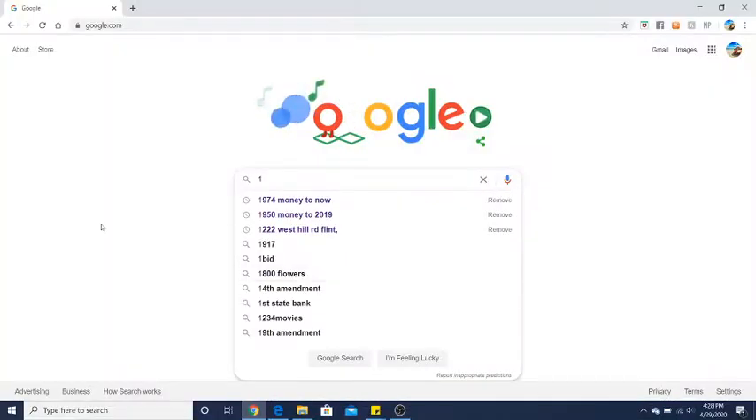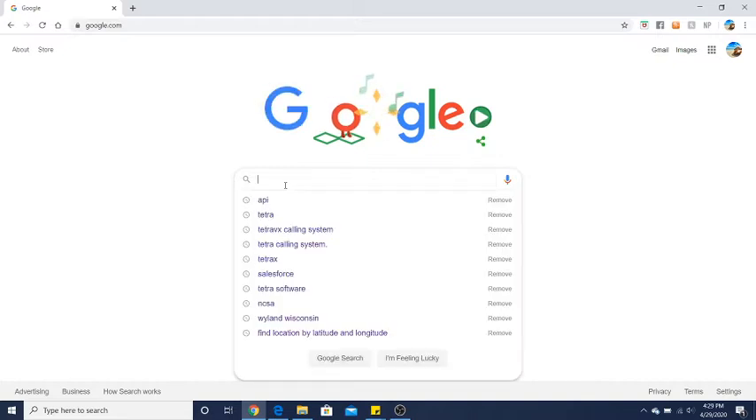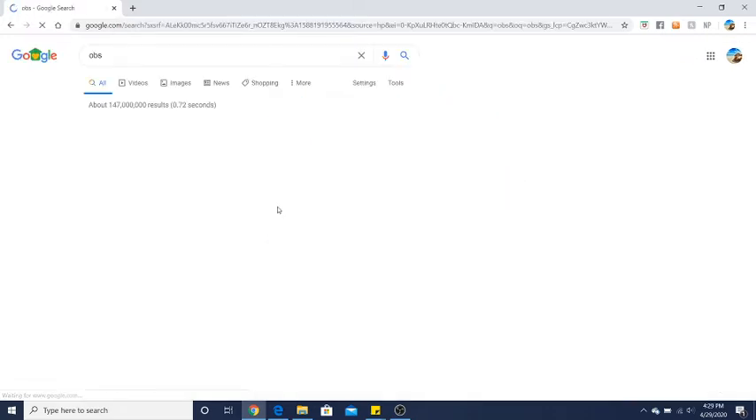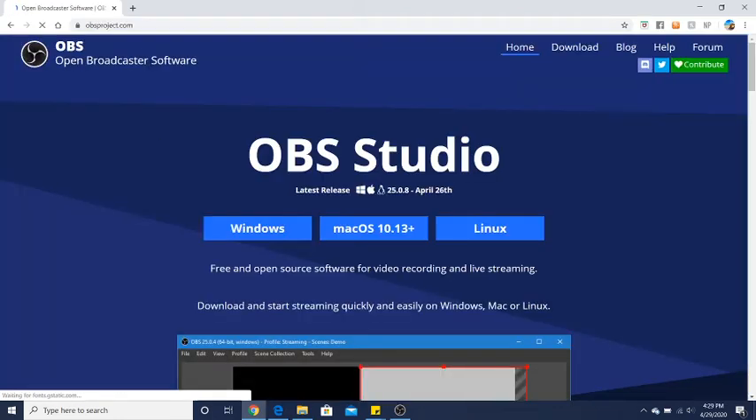So the first thing you're going to want to do is download OBS. You can go to Google or your preferred search engine and just type in OBS. The first thing that pops up on Google is OBS, which is Open Broadcast Software, or you can go directly to the link, which is